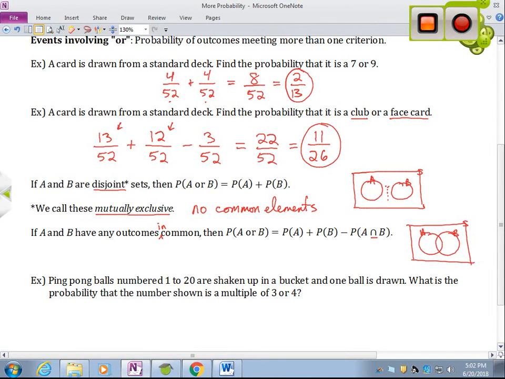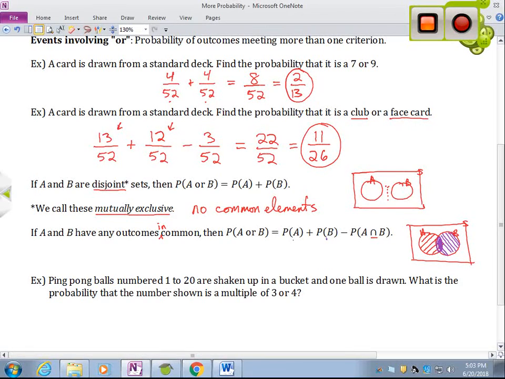Okay? So in other words, probability of A is going to be anything falling in this bubble. The probability of B is going to be anything falling in this bubble. But what we notice is that everything inside here was counted twice. And since each card, in this case we're talking about cards, has an equal likelihood of being chosen, we don't want to double count any of those possible cards. So we need to subtract what's in the overlap because it has been counted in both A and B.